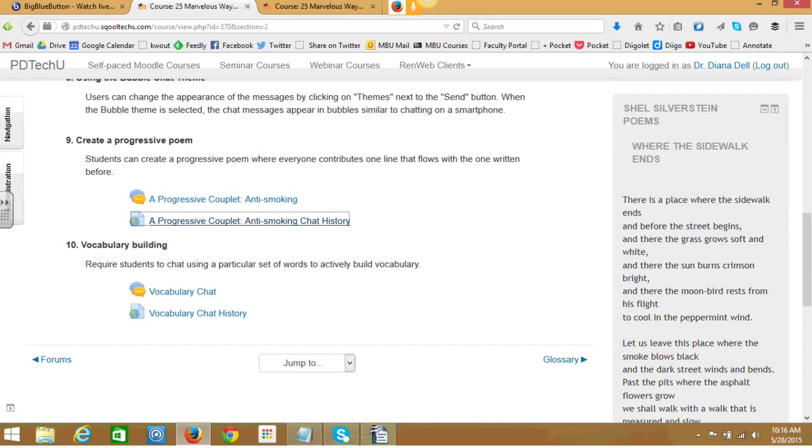Okay, next idea for chat is to use it for vocabulary instruction. And many times vocabulary instruction in classrooms is, here are your words, define them and use them in a sentence. Well, we know that the research indicates that students need to be actively working and using those vocabulary words in order for them to become integrated into their everyday language. So to set this up,